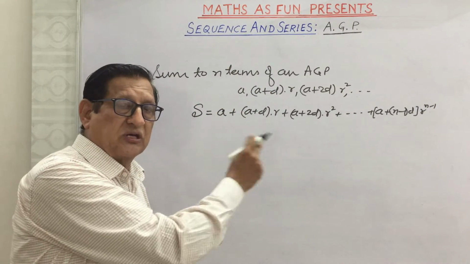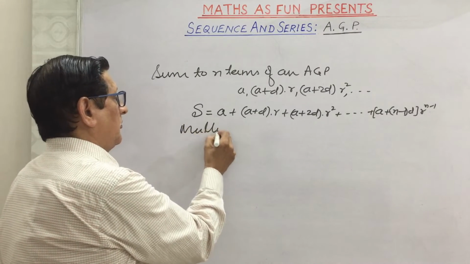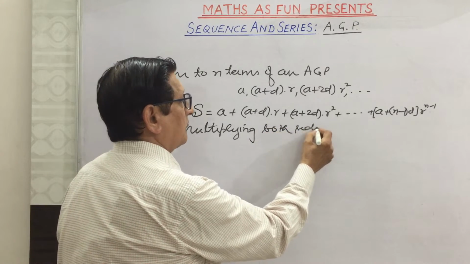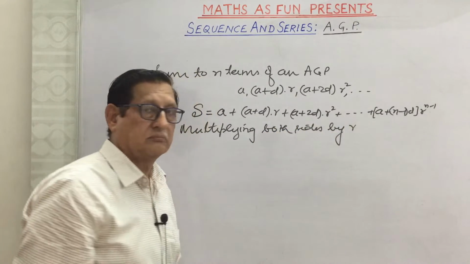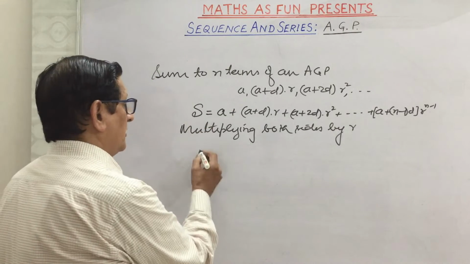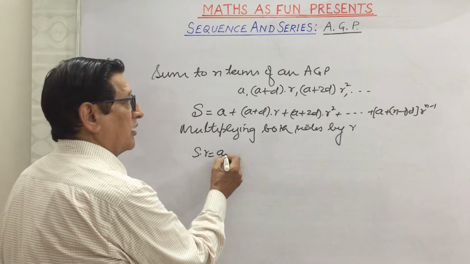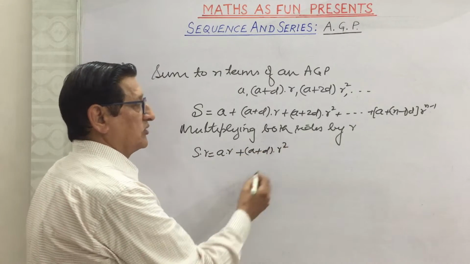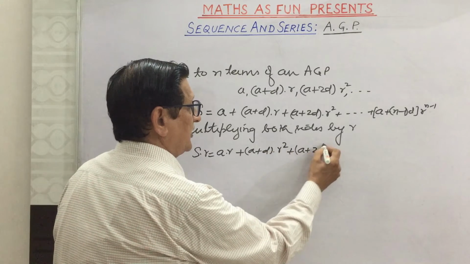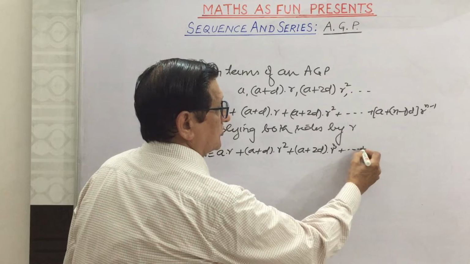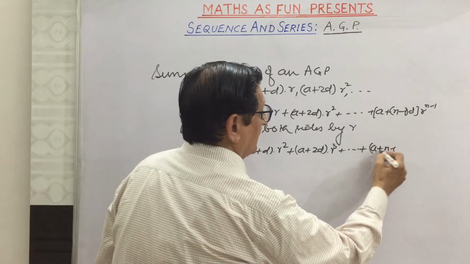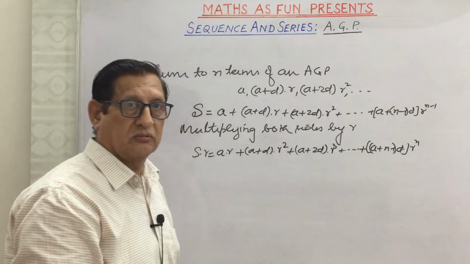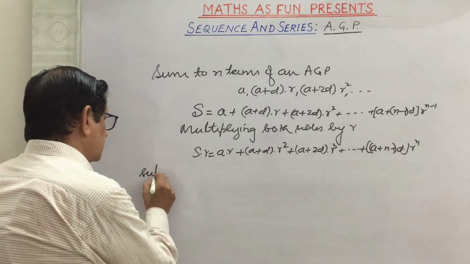If we multiply both sides by r, we get here S into r equal to a into r plus a plus d into r square plus a plus 2d into r cube and so on. This will be a plus n minus 1 into d into r power n. Subtracting these two equations,